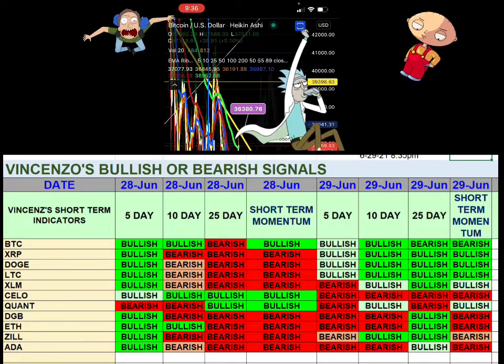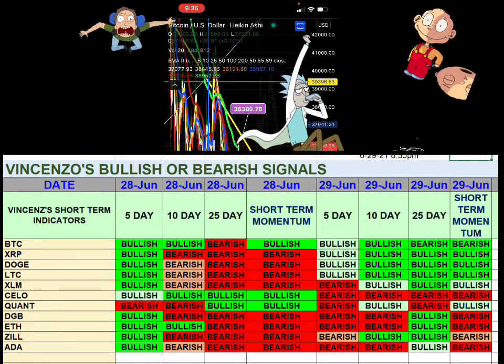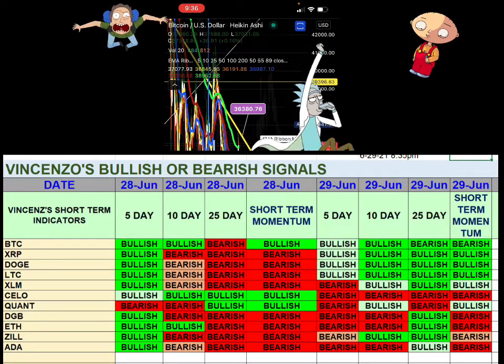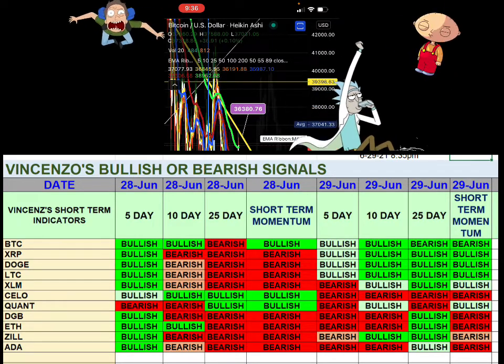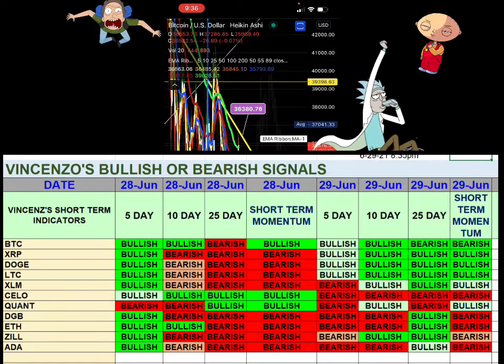So Bitcoin was firmly bullish yesterday in the 5-day. Now it's trying to flip bearish. It was bullish and bearish in the 10 and 25 respectively. Today it's still bullish in the 10, but it's flipped to bullish in the 25. And the short-term momentum is the same. It's still bullish, right? XRP, if you're looking at the screen right now,